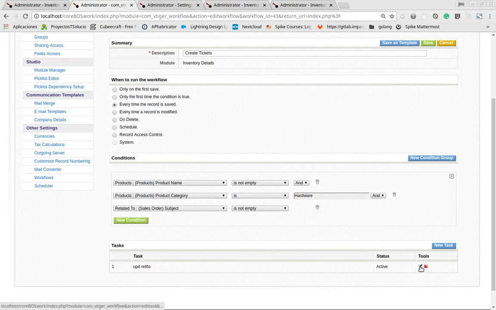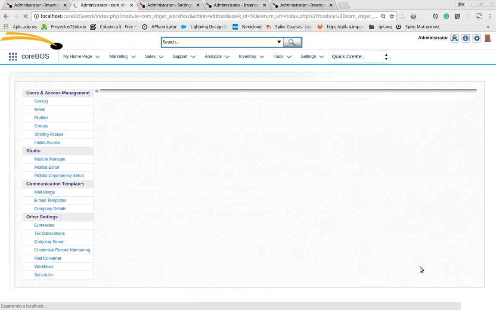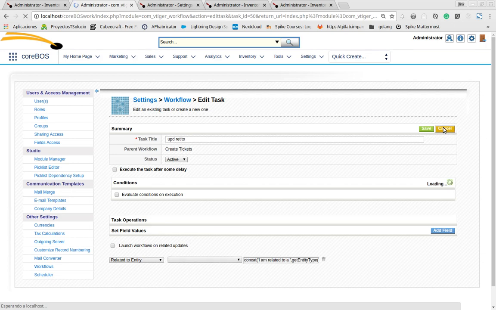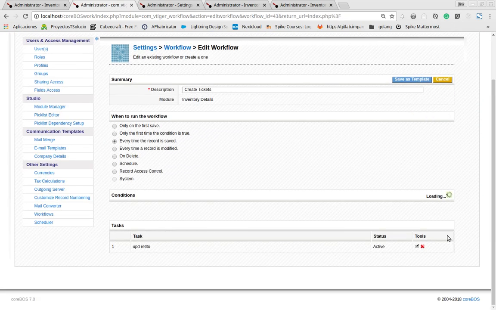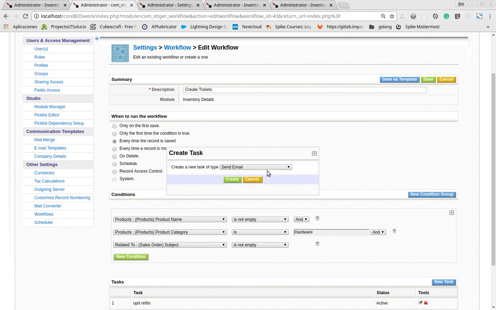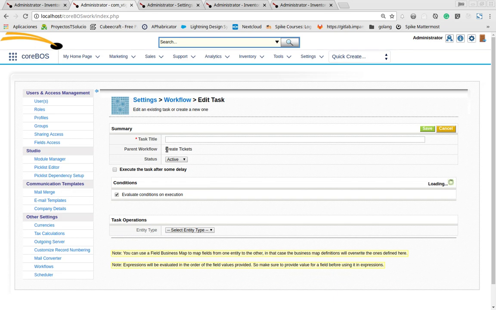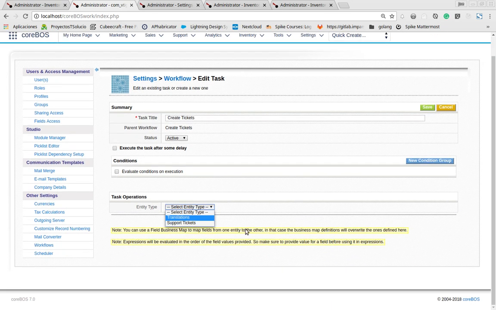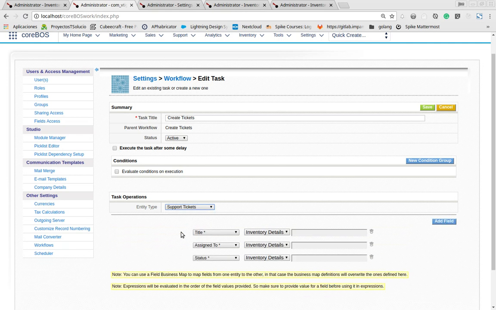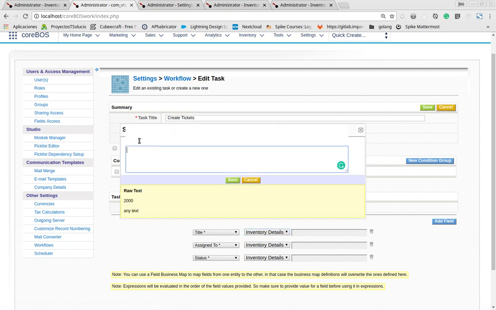So if I go back to the workflow, no, not this one. Sorry. If I go back and create a new task with the created entity again, now I should have tickets. That easy. Okay, so effectively, I'm going to create a title with the inventory details